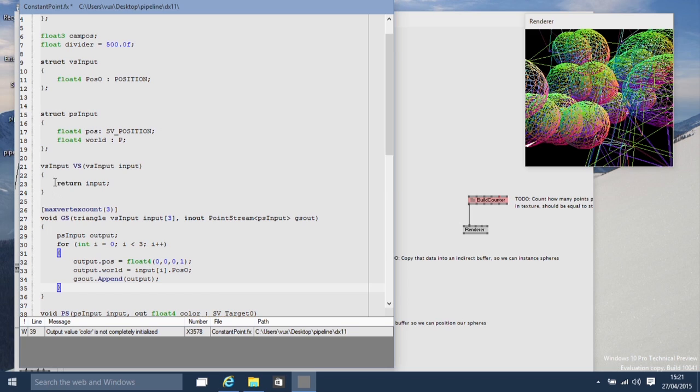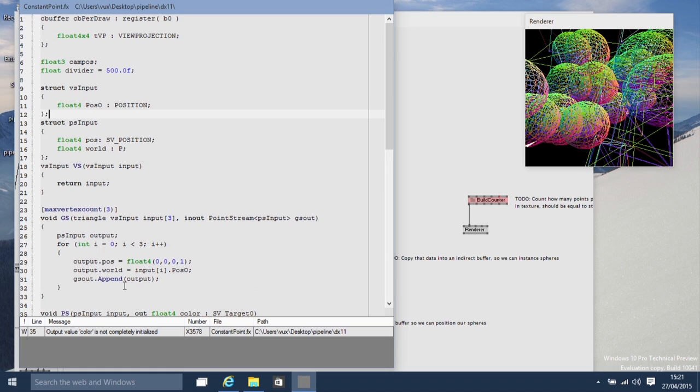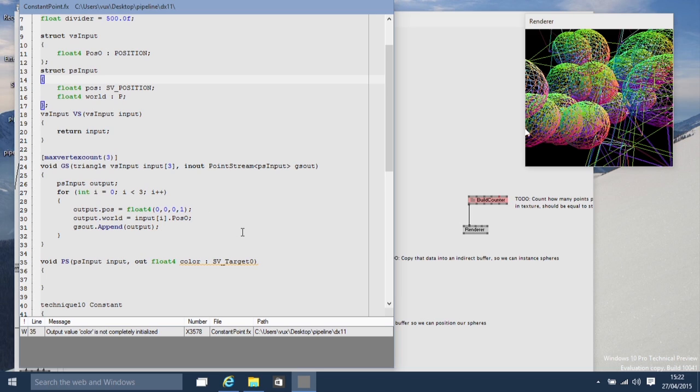Okay, so now let's look at the layout again. We need the closest point from the camera. So we have this campos, which is the camera position, and we have a divider, which you just put to a reasonable value, which normally should be your far plane. If you put it to your far plane, you should be pretty safe. Now we want to find this minimum, and to find it we need to write to the depth buffer. So in the pixel shader we're gonna say depth,